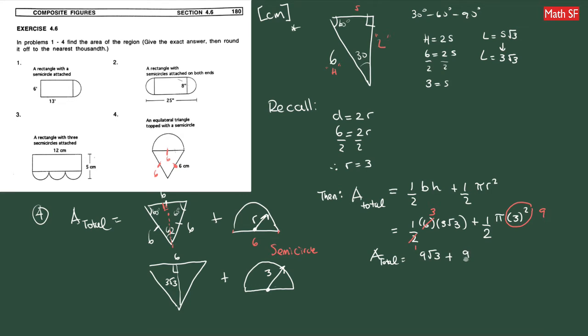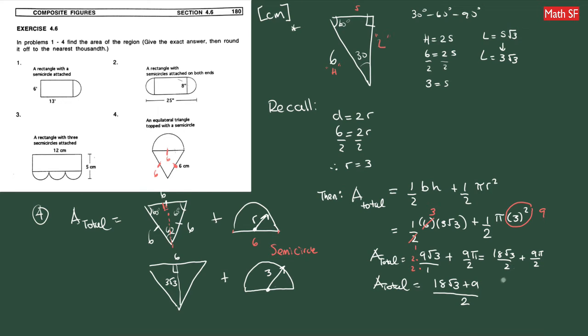plus 9/2 pi. As we did previously, I need to simplify this. I'm going to put everything in a single fraction. So I'm going to put this over 1, multiply times 2 each side. So I'm going to have an exact solution. I'm just going to do this on the side. That's going to give us 18 root 3 over 2 plus 9 pi over 2, which is exactly, I'm going to put here, area, the total